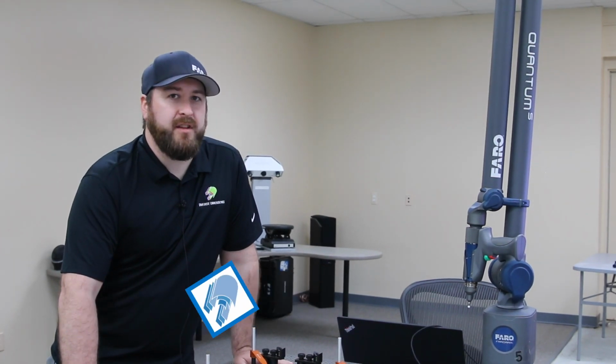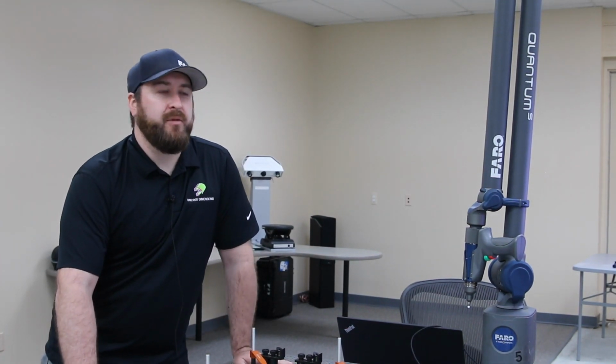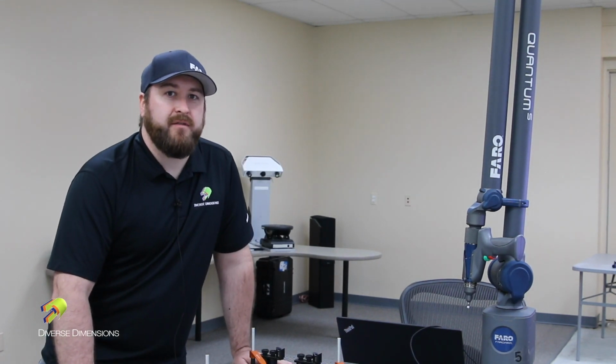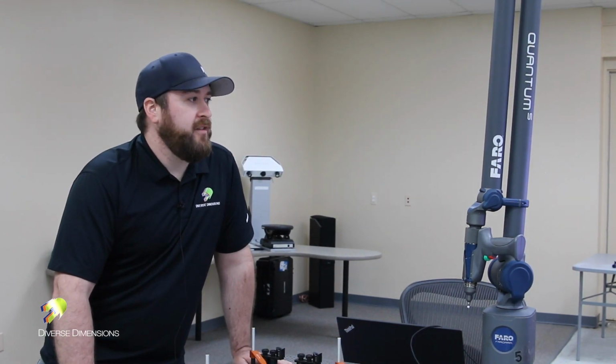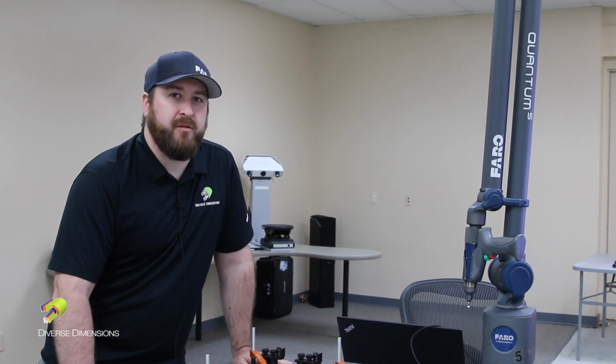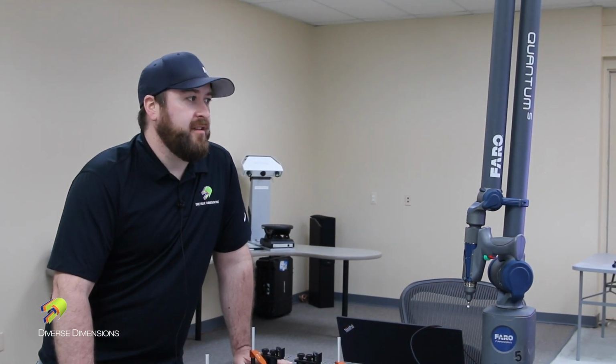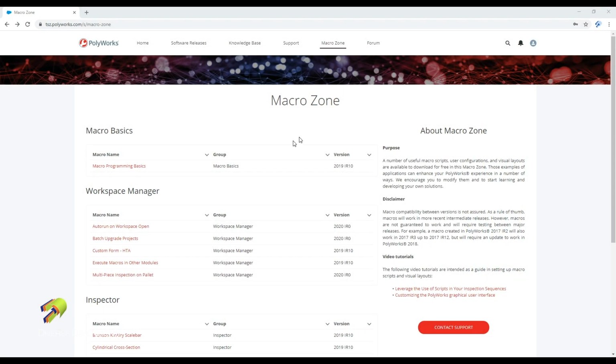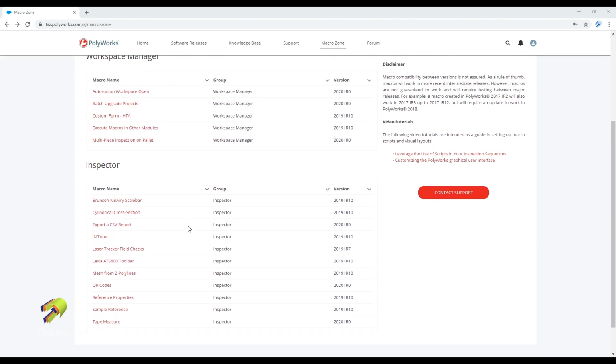We're logged here into the PolyWorks tech support zone. I just want to show you there's a pretty neat little macro that might be interesting for some of our customers out there that want to do some real basic measurements with PolyWorks without having the entire Inspector user interface active. Follow me into the macro zone on the PolyWorks tech support website all the way down into Inspector, and